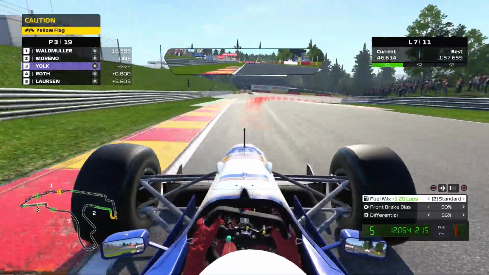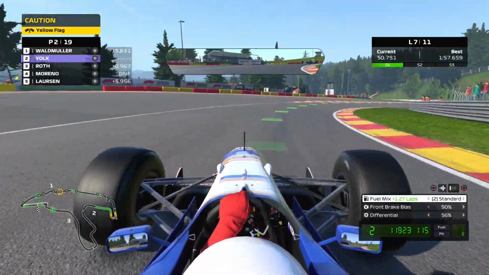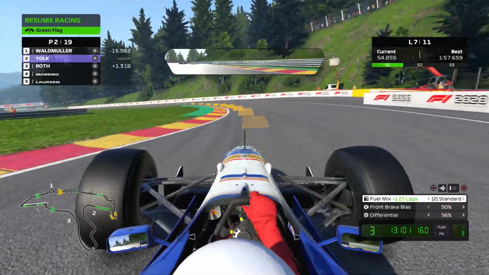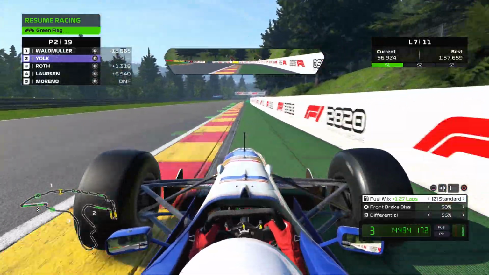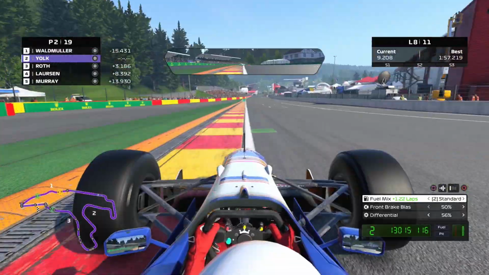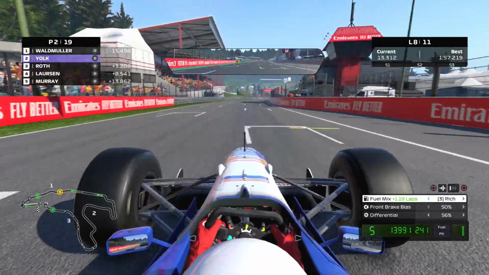Moreno's out of the set. Wait, that's... Hang about. Well, I'm not going to catch up to bloody Gerd. He's clear. But... Okay, clear. Moreno going out. That spices things up. I'm now P2. Yay! Me and Gerd are probably just going to start trading fastest laps, because...